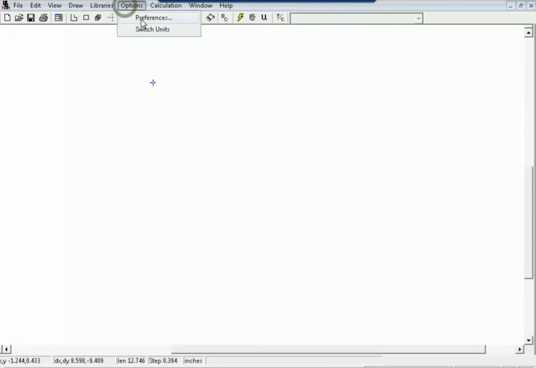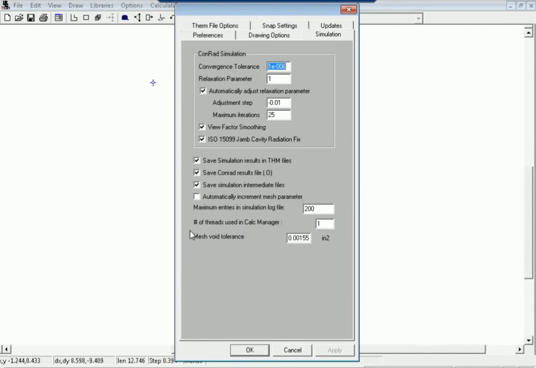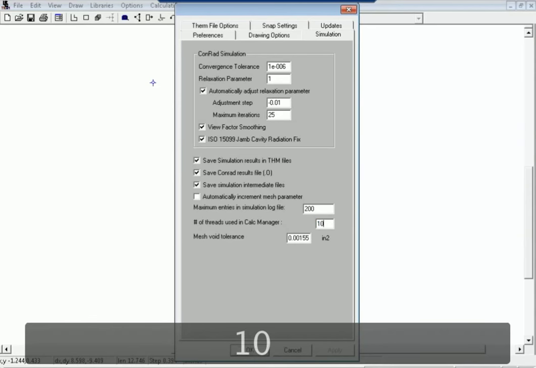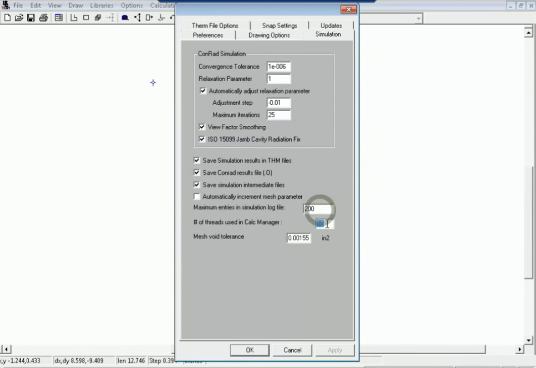Now if I go into options and I go into simulation, and there's a new entry here, number of threads to be used in Calc Manager. To find out how many cores you have, you can type in like a large number. If you click OK, it'll tell you please enter an integer between 1 and 7. So that means I have an 8-core machine here, and we let you run up to the number of cores